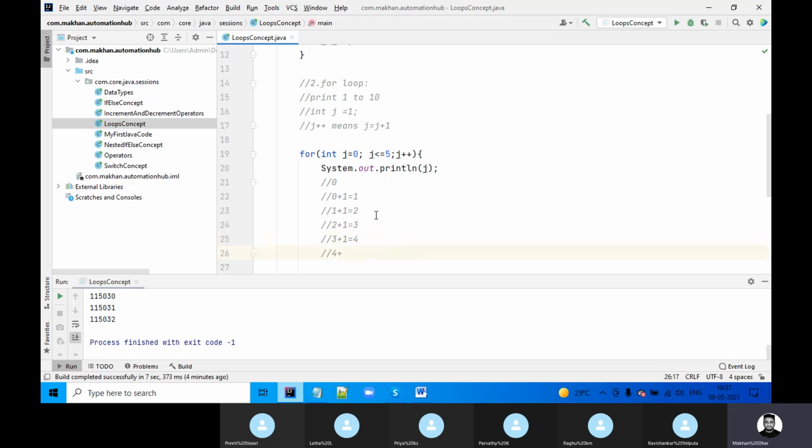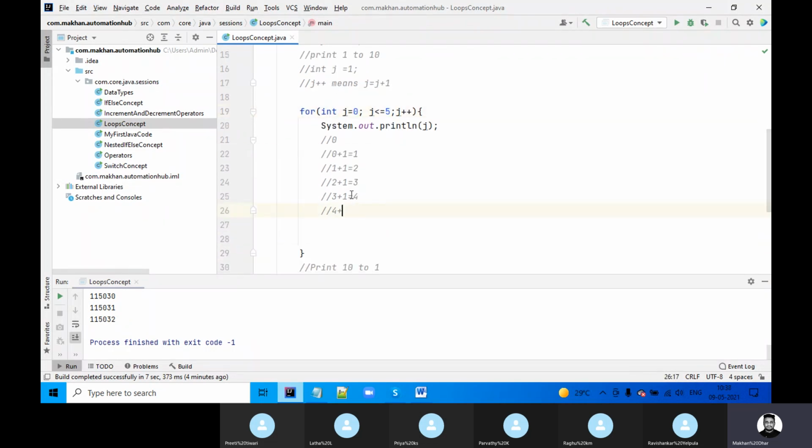Sorry. Yeah, I'm saying I am going to increase the value of j. So you already told, right? 0, 0 plus 1, 1, 2. So far we have seen 2. Now what is happening when I increase after 2, it will go and check the condition. Like the current value 2 is less than or equal to 5.